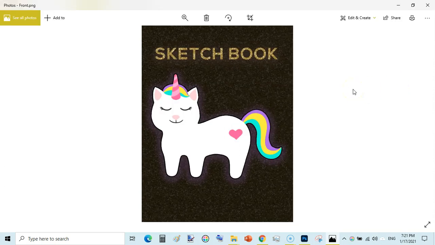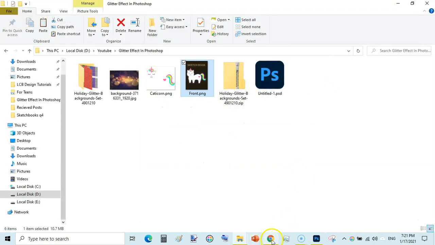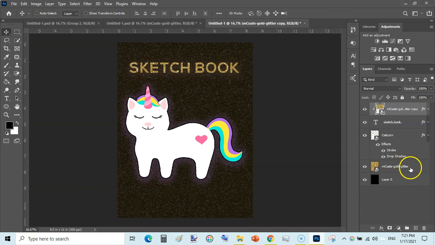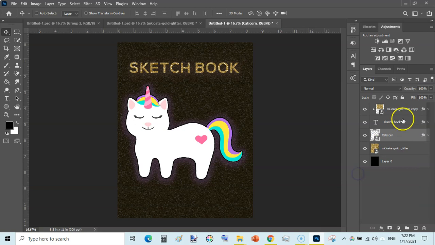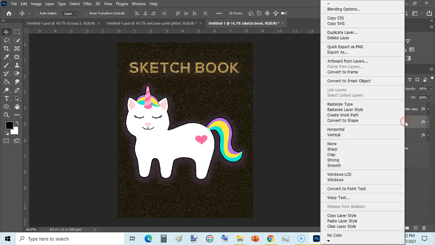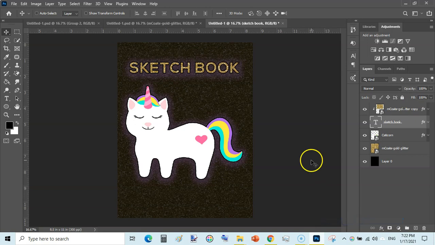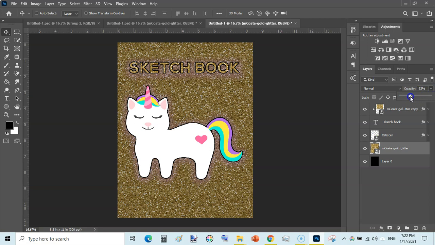This is beautiful, and this glowing effect is very beautiful, especially more than this. So you can also add this glowing effect to your text. Just simply come here to this image, right click on it, copy layer style, then go back to your text layer and again paste layer style, and it will add the same glowing effect and the same outline or stroke effect as this image has already. You can also change the opacity and make a better cover if you like to do.